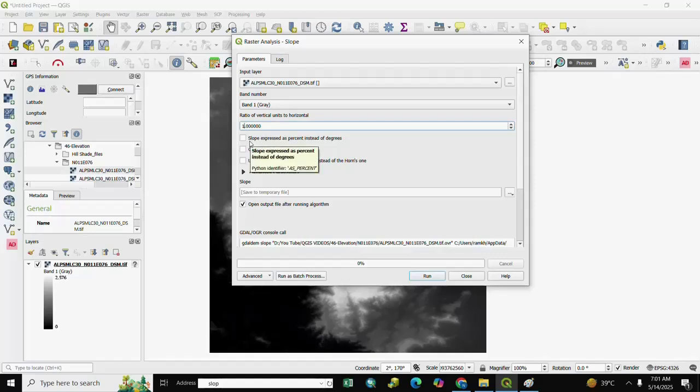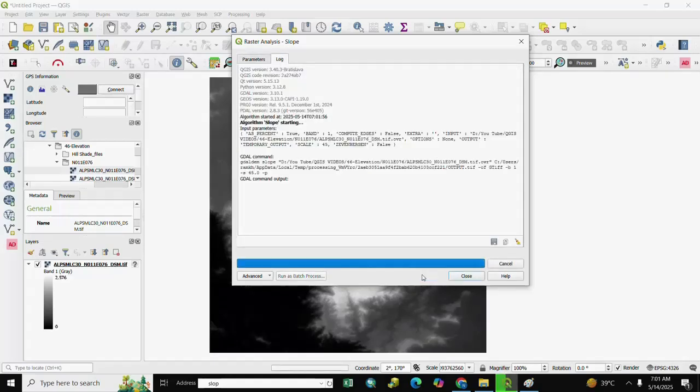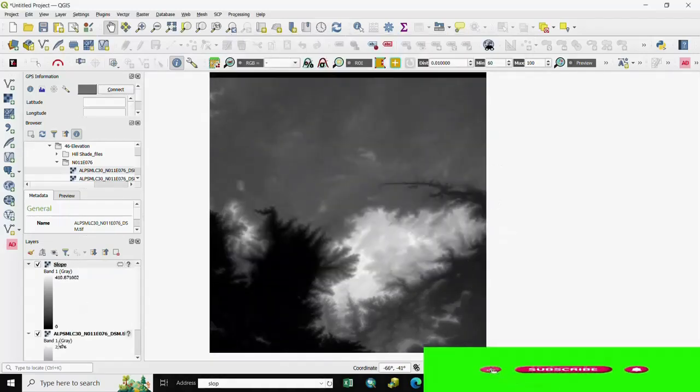We write 45 here and we tick slope expressed as percent instead of degrees. After it, we run and close it.